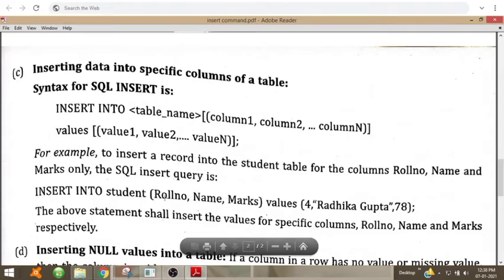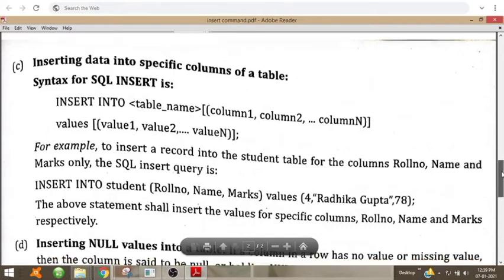So we specify the column names, and then after values, in brackets, the values corresponding to each column, that is for roll number, for name and for marks. So for roll number 4, name Radhika Gupta, then marks 78.